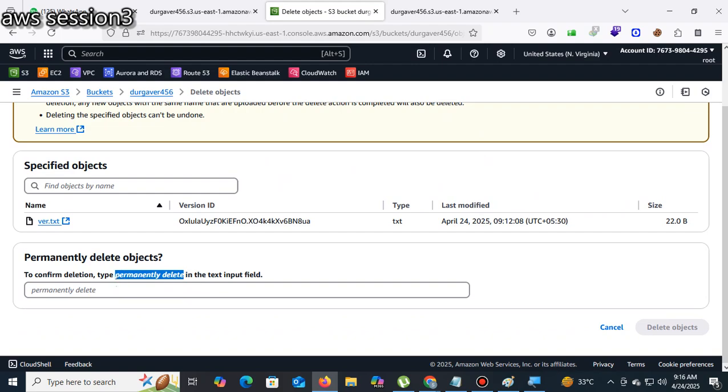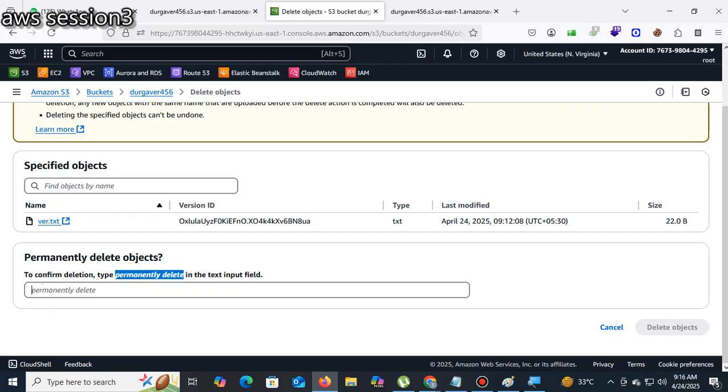When the show versions option is enabled, if you delete the object, you can't recover it. If you delete the current version, it is not possible to recover.